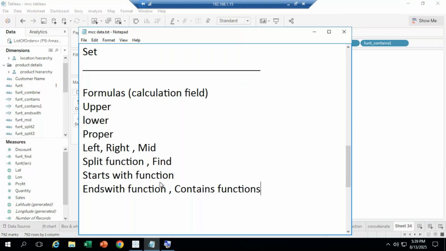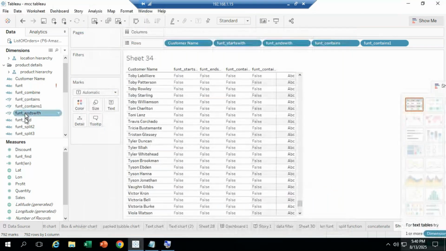Okay, next options in that, replace function. What is that replace function? Why are we going to use the replace function? For example, in my order id, one second, I'm going to take